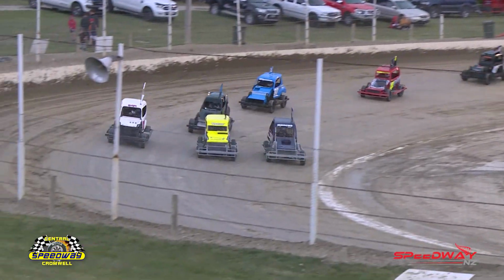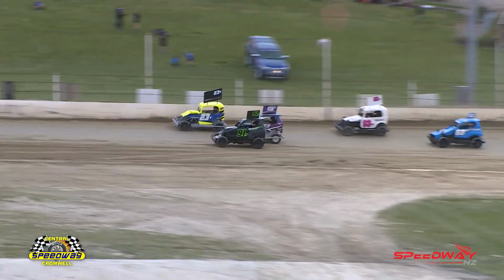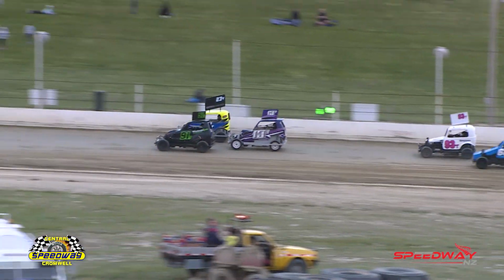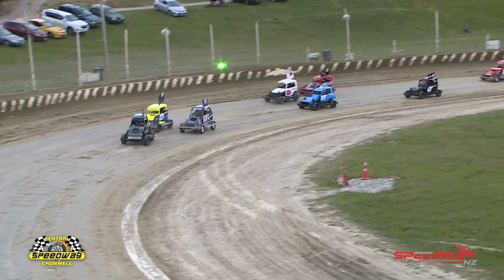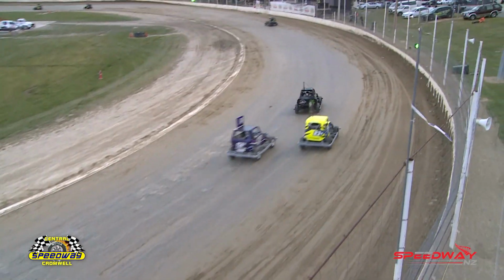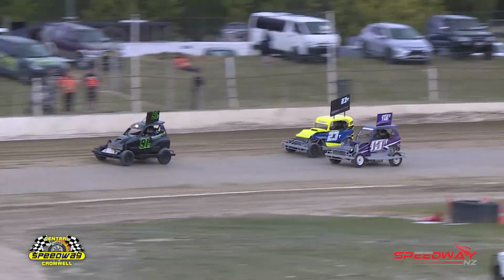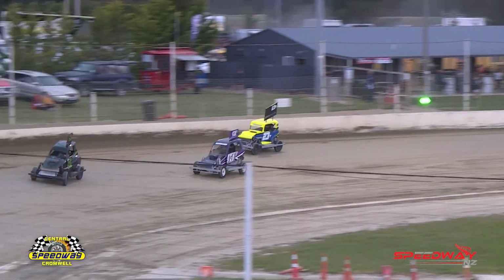As he tries to go around the outside, he has to shuffle back in, goes from inside to outside. Bingo, son. There goes second place. Well done. That's a great move by Lucas Erskine. And it's going to be Marcus Scott and Harrison Brown who's trying to fight it out for third and fourth. But out the front again, Ben Smart. Let's just say Marcus Scott fighting hard for that third position,